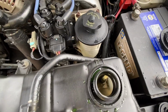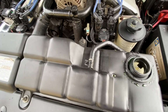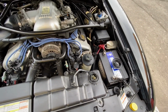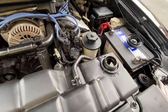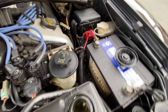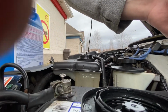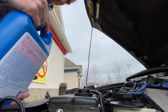All right, so she's definitely low on coolant. I cannot really see anywhere leaking. I'm hoping it's just not happy because it was low on coolant of some sort. That is me being very optimistic. I'm not going to be able to pour this one-handed and do the video. You guys there, hopefully you can see. If not,